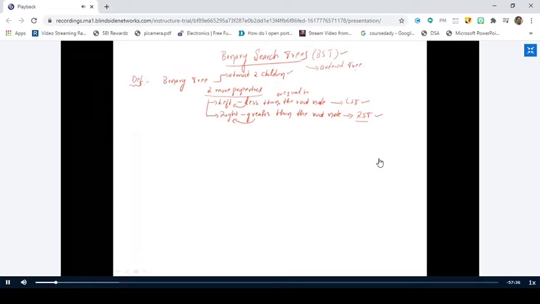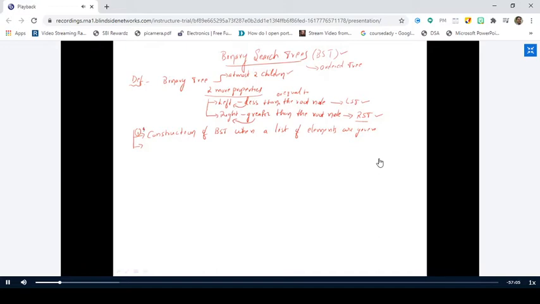In this class, we'll discuss a few important points regarding this binary search tree. The first one is very important, that is construction of binary search tree when a list of elements are given. So this is very important.